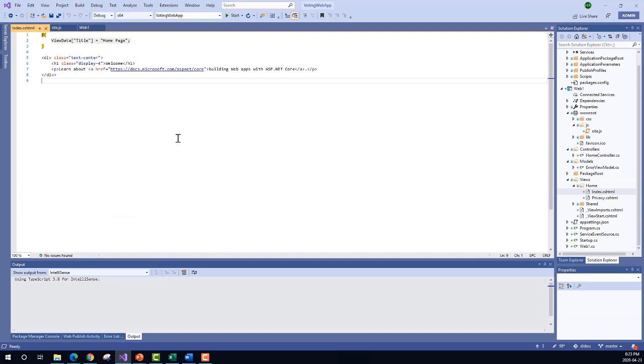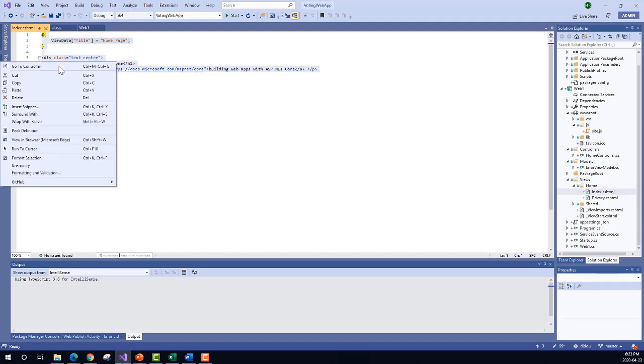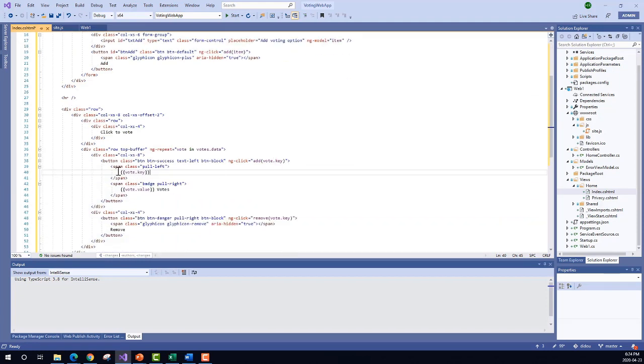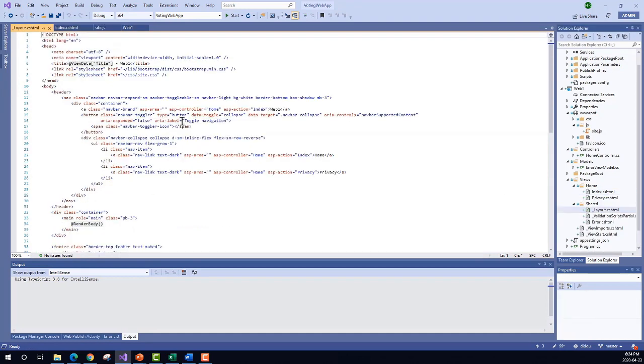Here I will just paste the contents. After, the same for index. Index, it's okay. Now we go to the layout